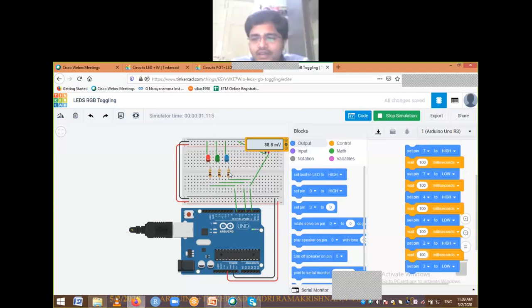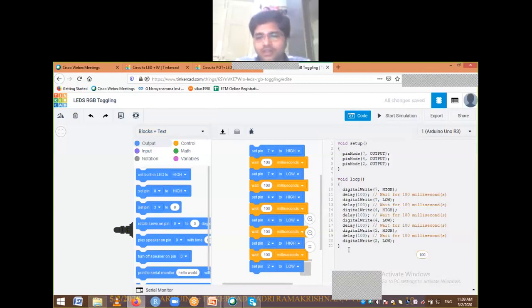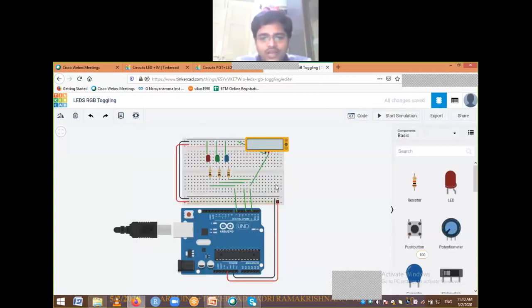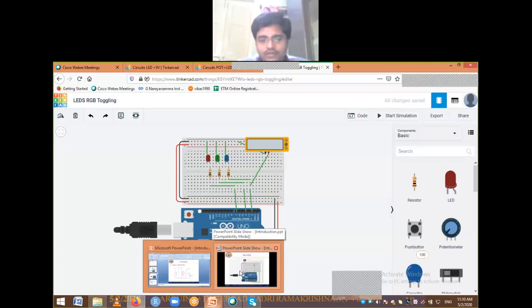Like that you can create here. Code also we'll see what has been written. See, this complete code you can just copy and paste in your Arduino environment and upload, and it works fine. Unless you dump it into Arduino, you don't know how it works, right? But Tinkercad gives you all the availabilities, so without dumping into Arduino itself, you are able to see how your code is working. So that's about LEDs and potentiometer.